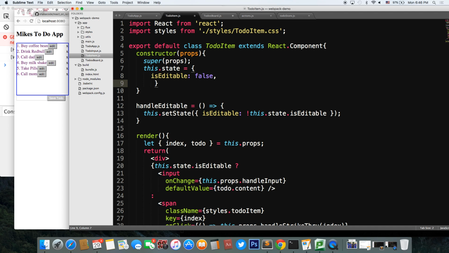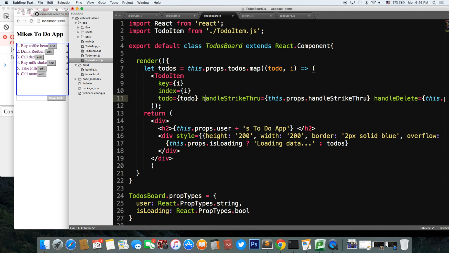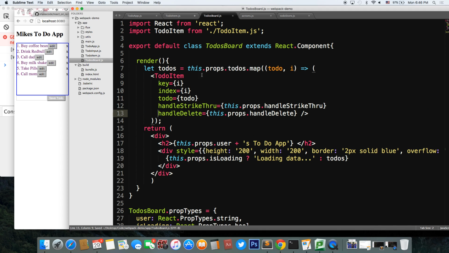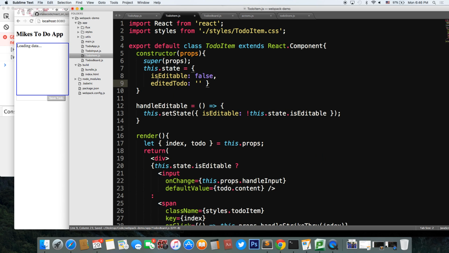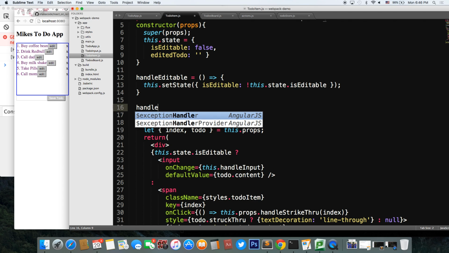So I'll have an editTodo. Initially it's empty. So let me just finish this beautiful refactor. Although we're not putting anything here. Okay, so then I'll change. Let's not propagate it up. Let's just do a handleInput